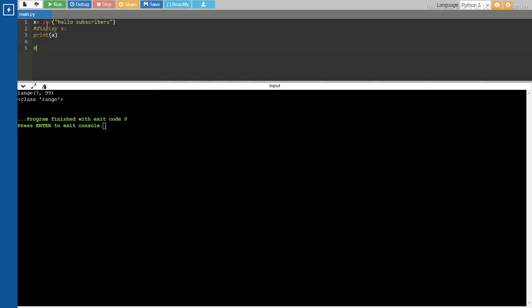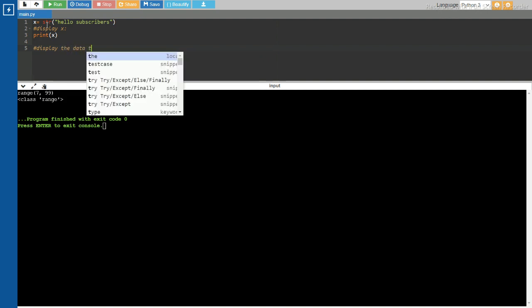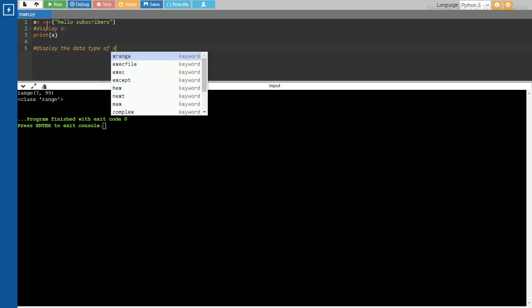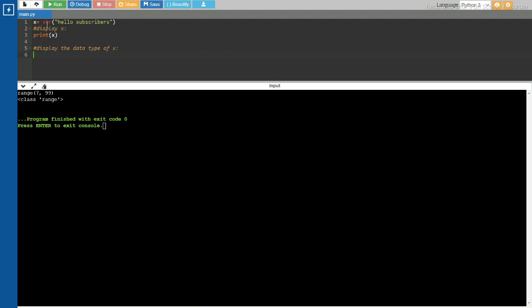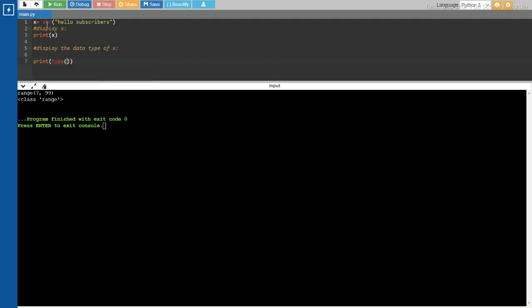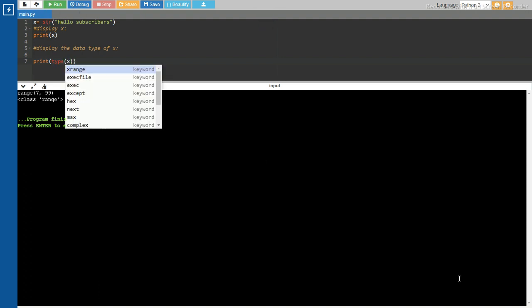And then one more hashtag: display the data type of x. Next the semicolon, then enter. Let us type our normal code: print of type of x. Now let us run this.